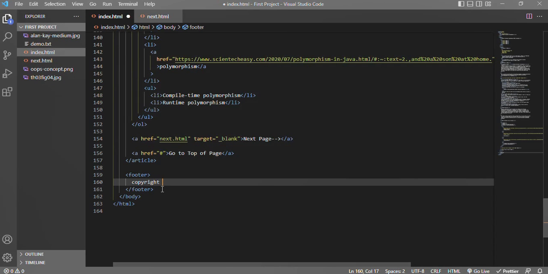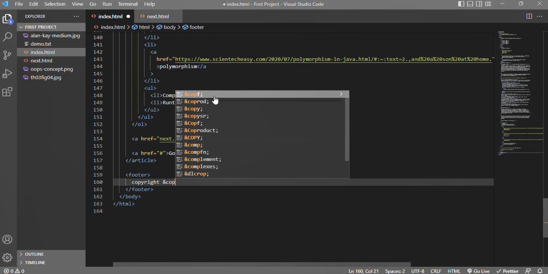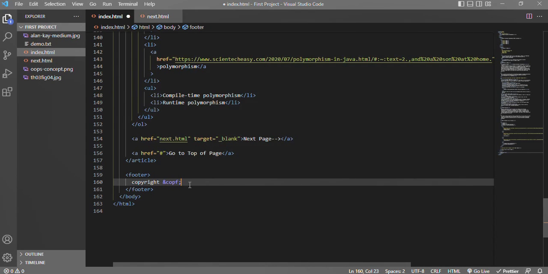Copyright. Another main entity that you need to know is, I think you might know the symbol of the copyright. It is a C enclosed in a circle. For that entity we need to use an ampersand and write copy with a semicolon. This is the symbol to bring you the copyright symbol. And copyright by